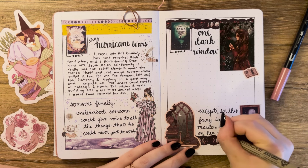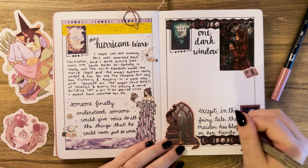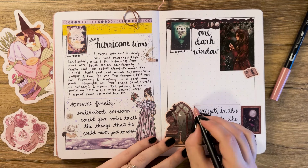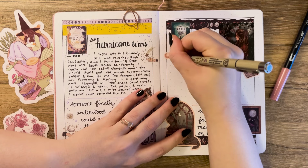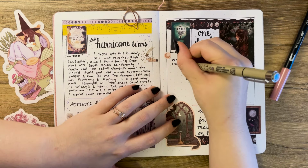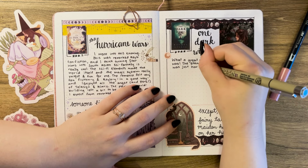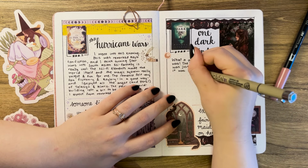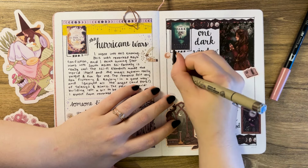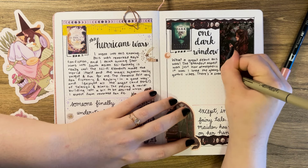And of course, I had to add in a window sticker, so I'm using this one from Maragona Sully Arts with the Dark Academia theme. And the quote that I chose for this spread was, "Except in this fairy tale, the maiden has blood on her hands." And yeah, I think it would be a great book to read around October or September, November